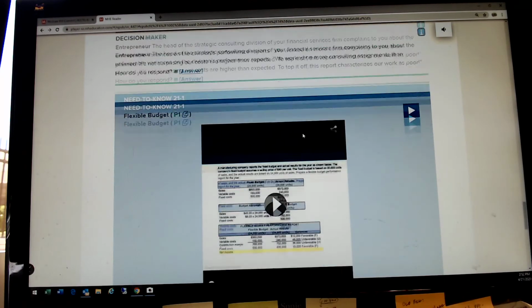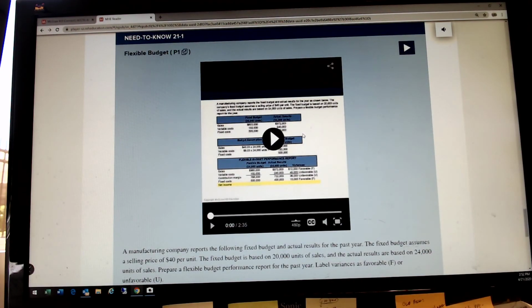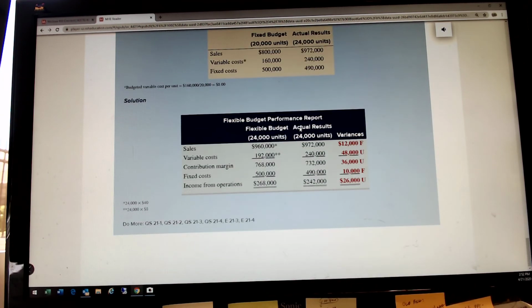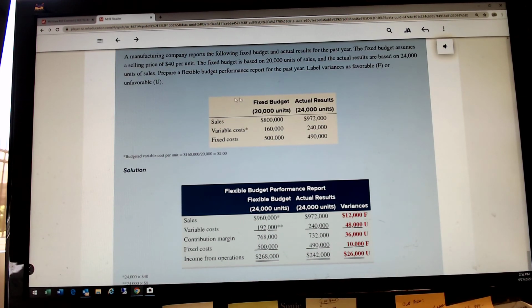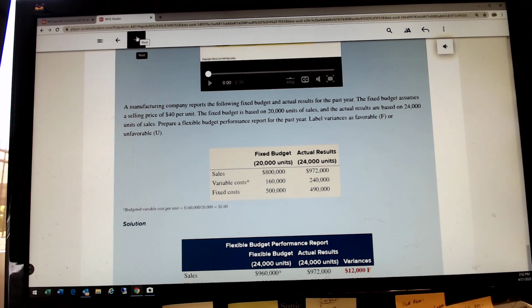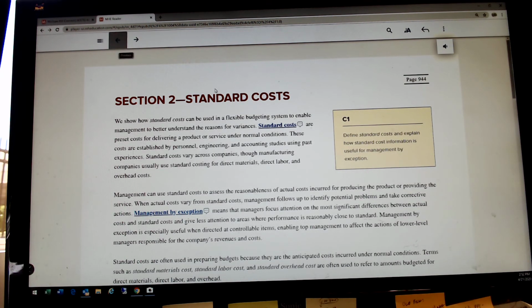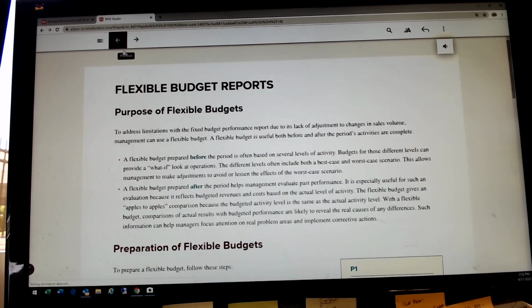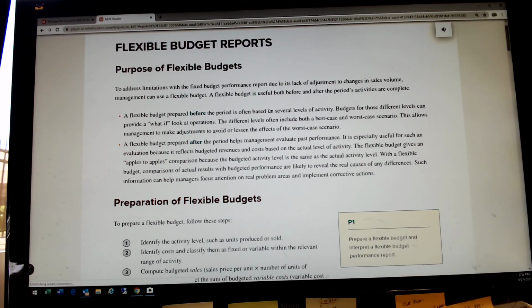Preparing a flexible budget at various levels of activity. That's the way it's actually done. And really, that's the end of this section. The next section deals with standard costs. This is going to be where we're going to spend probably about 75% of our time in this chapter. But one of the homework problems has to do with flexible budgets and converting that one level static fixed budget into a multi-level